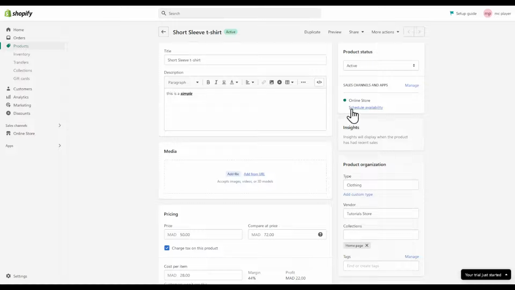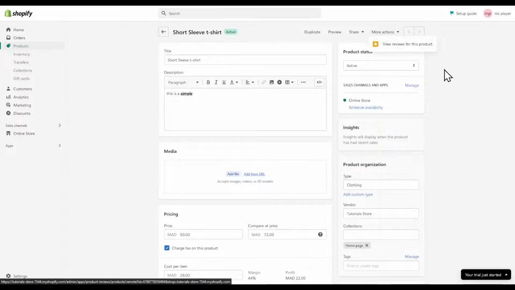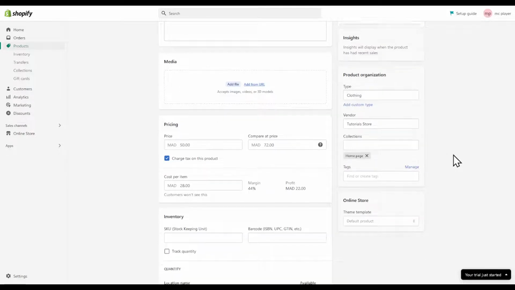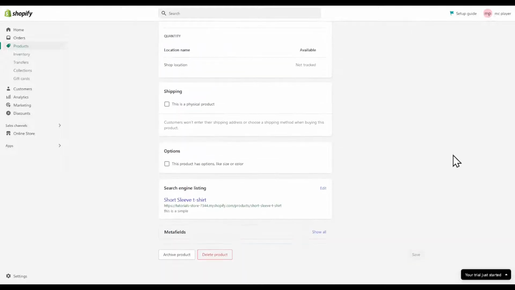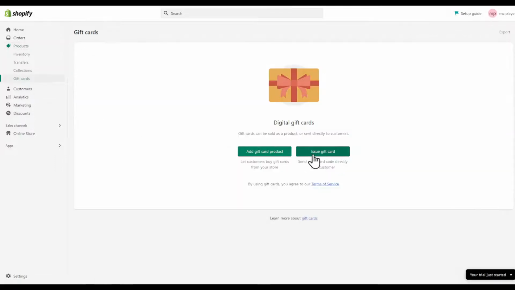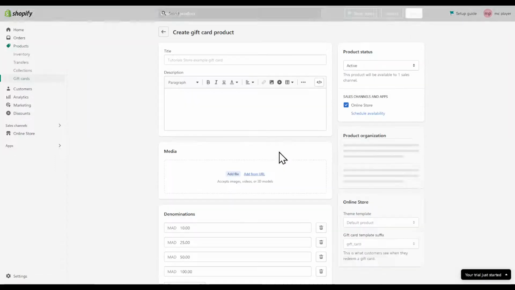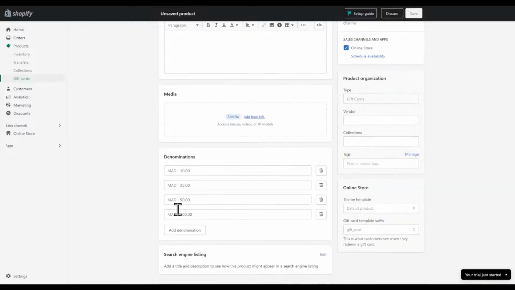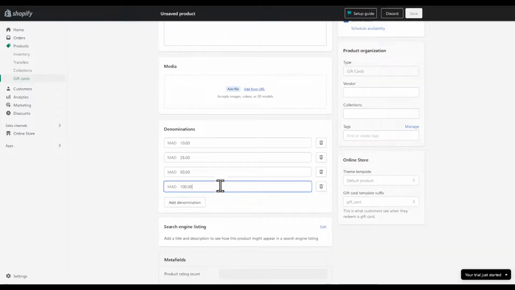And under the product that we are looking for, we're looking to more actions, either view reviews or something like that, and then follow the specific tutorial. After choosing your products, choosing the right product you would like, go to gift cards, click on add a gift card product. This is not going to add discount,